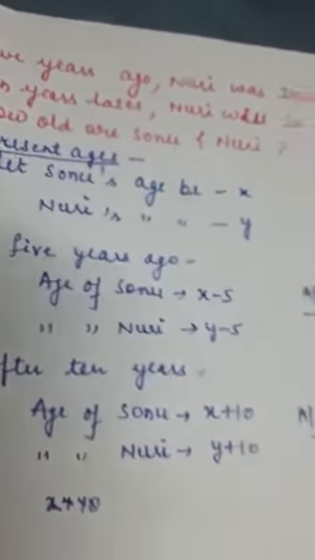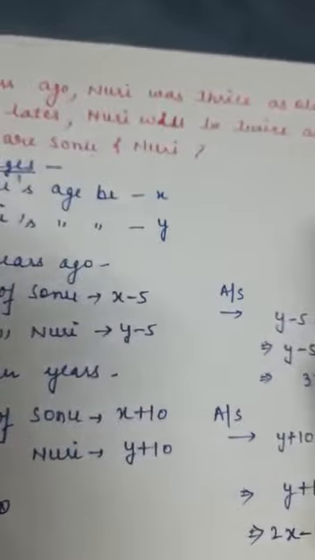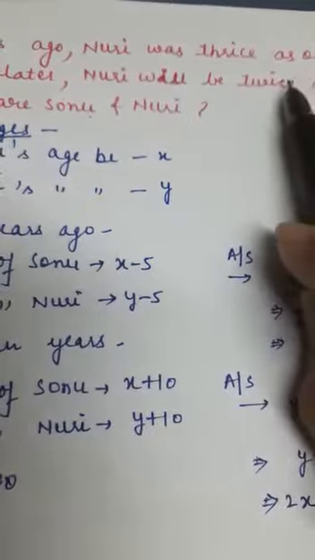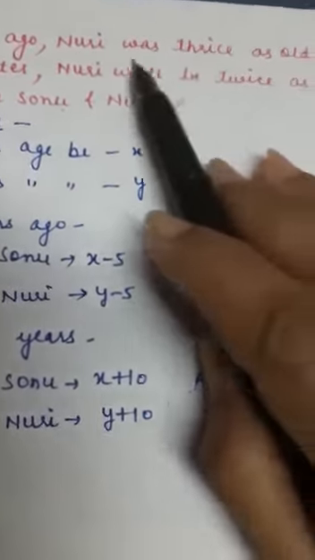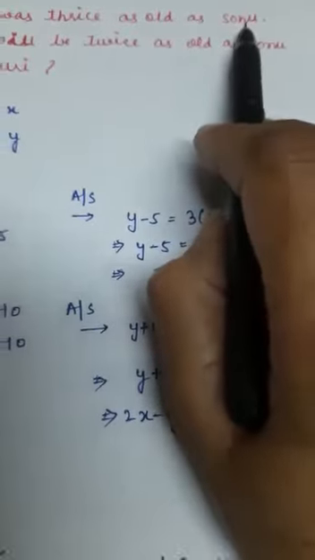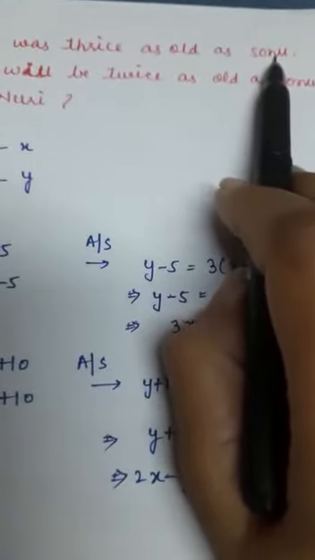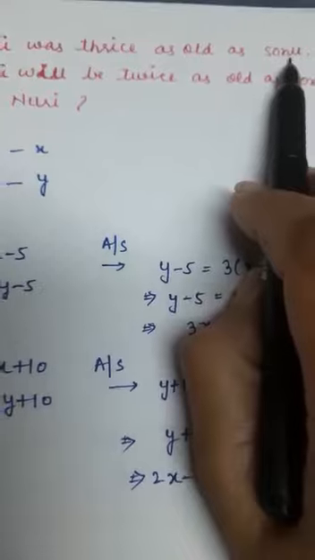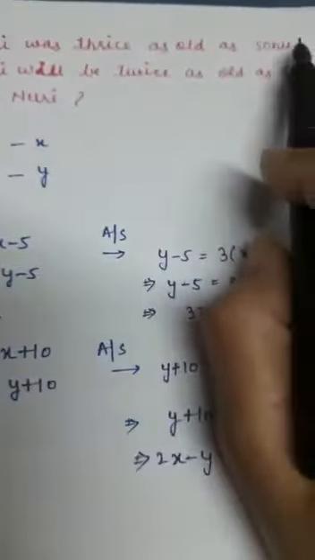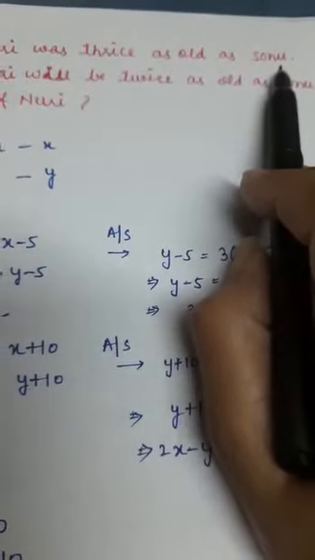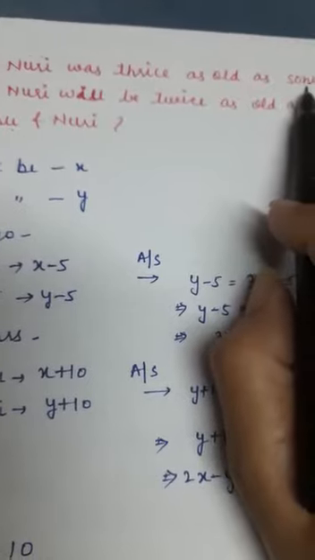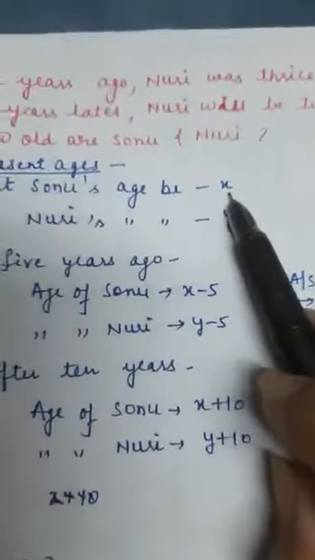Now, how will you make the equations? First of all, our purpose is to frame two linear equations in two variables. We are not aware of the age of Sonu, so let the present age of Sonu be X. Generally, we assume at the last. We start from the last which has been given in the question. Sonu we have assumed as present age X.